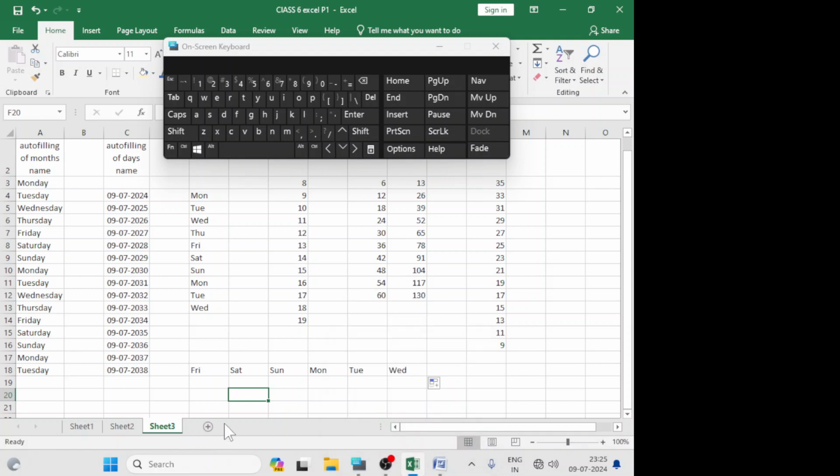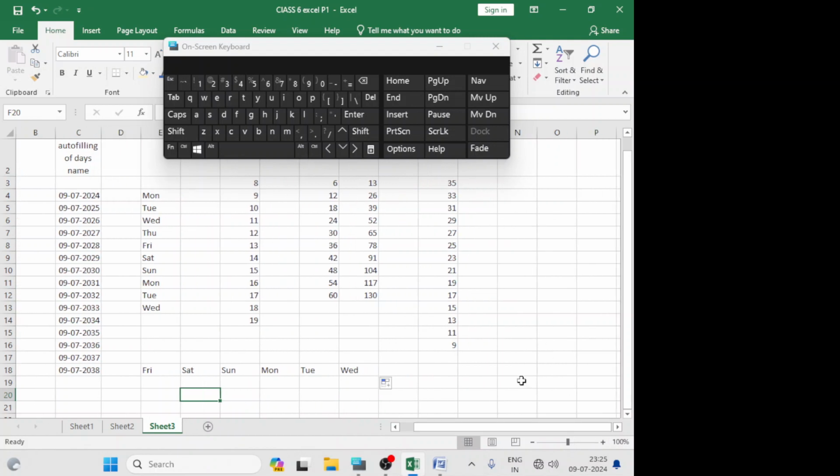Now you can also fill month names as per your need in the Excel cells anywhere. So first write down the month name from where you want to start. Suppose you want to start from March, then write down March. After that click in this cell and drag from here. Now you see that all the months' names are appearing on your Excel sheet.